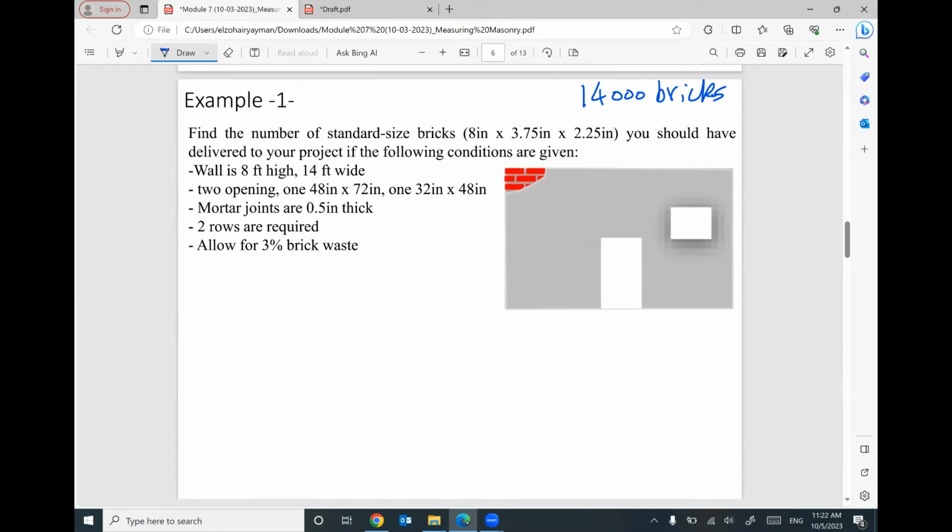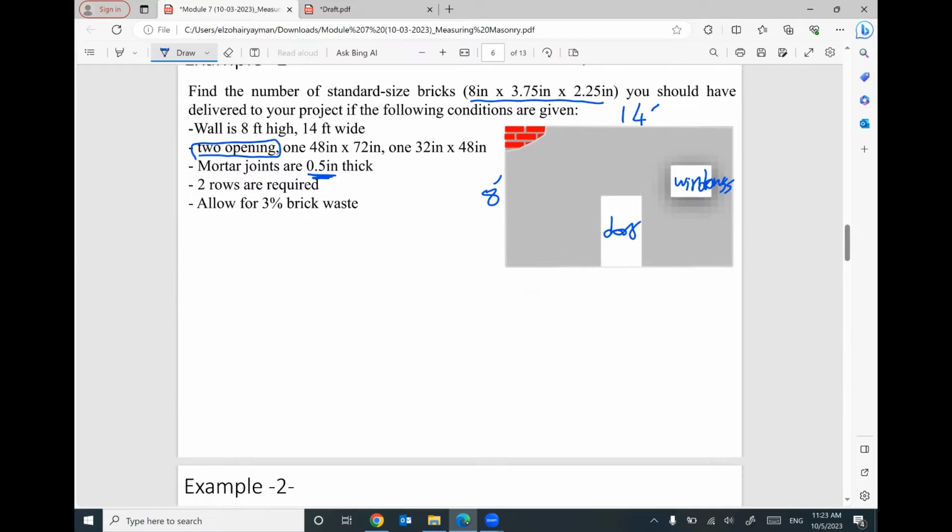And we did this example last meeting. The example is very, very easy. I'm giving you a wall with 8 feet height and 14 feet width, and we have opening like this door and this window. If the dimensions of these openings are not given, you can assume them, but the dimensions of these openings are given. So you can subtract the opening from the total surface area of the wall. Also, the mortar thickness is given, so I can adjust the dimension of 1 brick to figure out the area of 1 brick. Then I can divide the net surface area of the wall by the surface area of 1 brick to figure out the